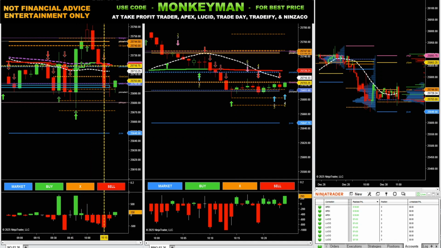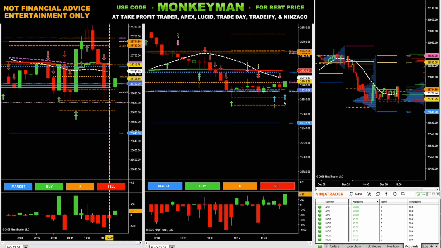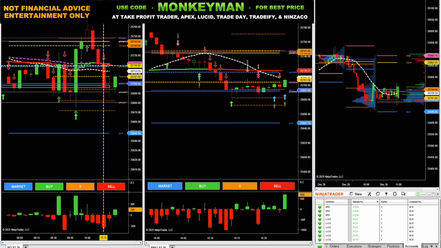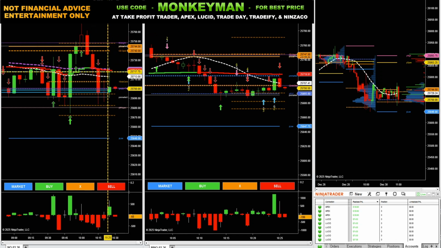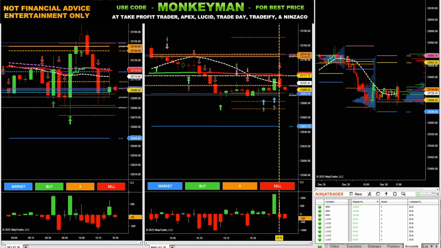We're pretty close to the 50 SMA on the 5-minute, which happens to be right at VWAP. So if we're still around this area, coming up to 10:30, just gonna look for some more ranging around in this area. We just came right up to VWAP and the 50 SMA on the 5-minute. Got a nice 20-point rejection off of that level.